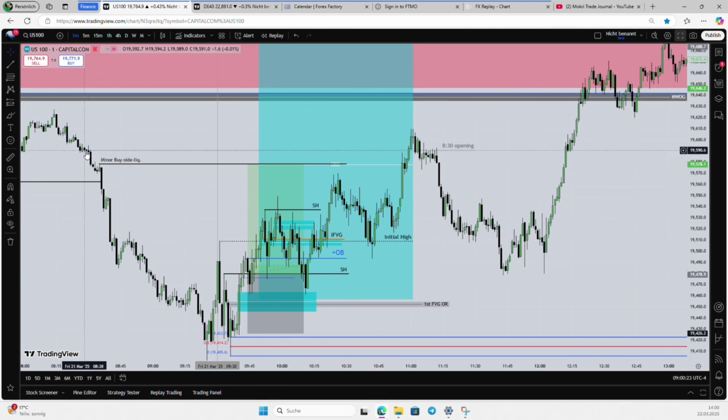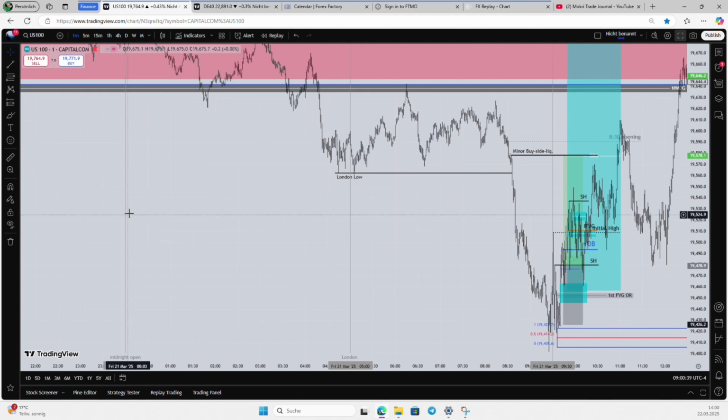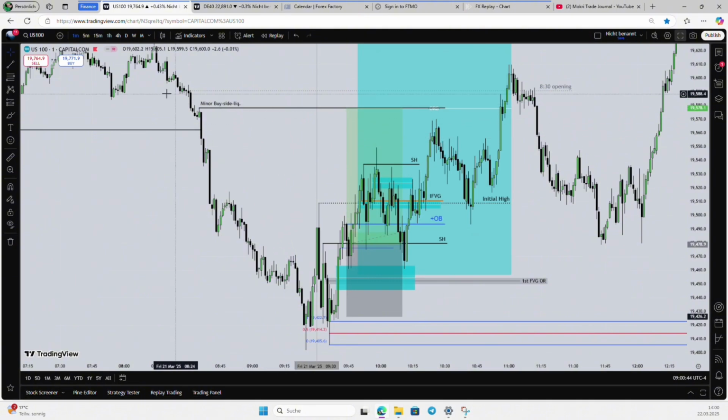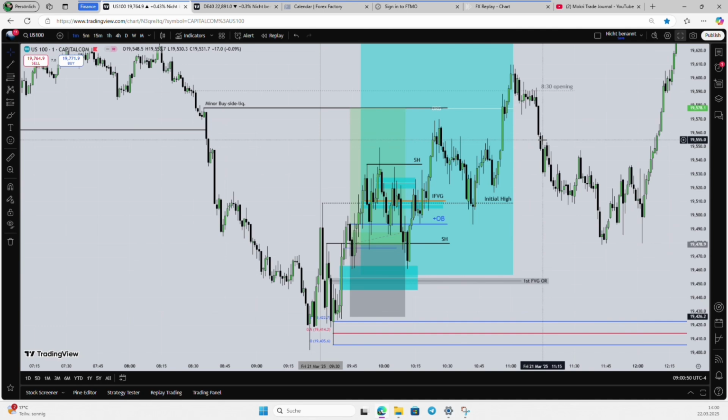So here is the minor buy side liquidity that I aimed for, and a small, tiny fair value gap above it right there. We can see that price eventually traded to it and then started trading lower during the lunch hour. As we have learned, during the lunch hour, price will do a small retracement, and then during the New York PM session, it's going to eventually start going higher or trade in the bias of the day. The lunch hour, 60% or 70% of the time, is very much a retracement of the daily bias.